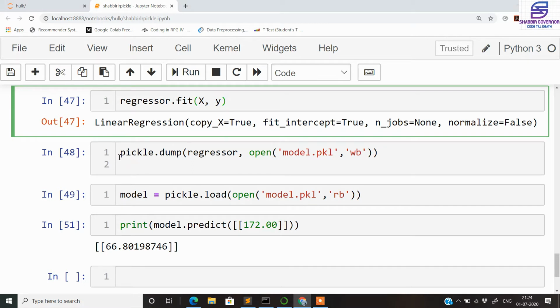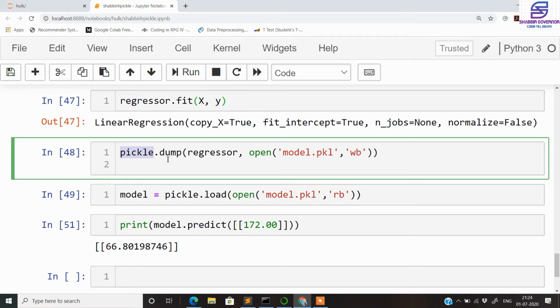Afterwards we use the pickle module that we imported in the first cell. Pickle is a special module which can be used to dump your created model into a file which can be retrieved in any kind of deployment tool like Flask, Django, or even tkinter.